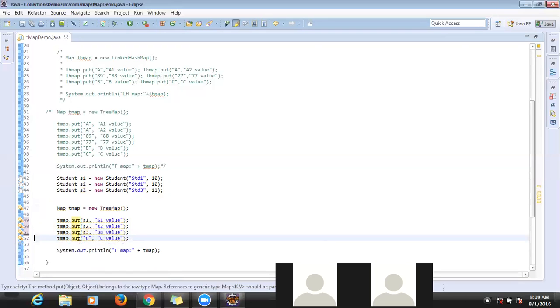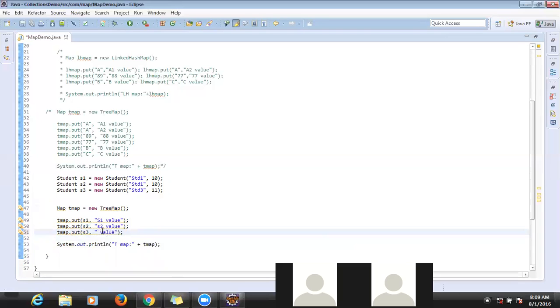So three objects I created and three I added. This is clear, right? Instead of a string key, I created my own objects and I'm trying to add them. And here s1 and s2 are duplicates, right? Did you see that s1 and s2 have the same values?